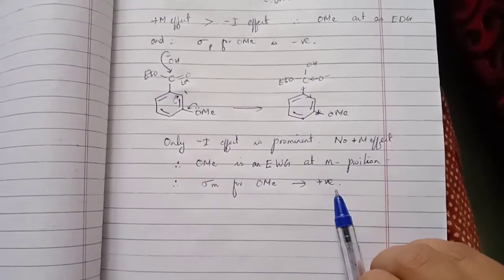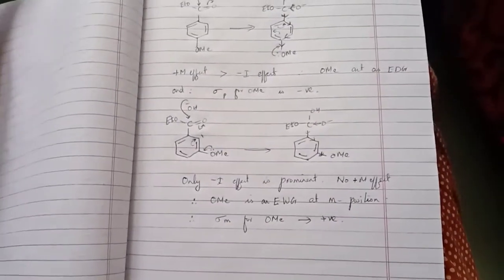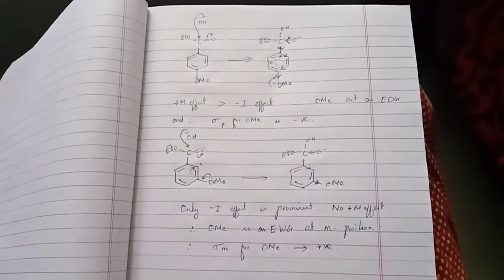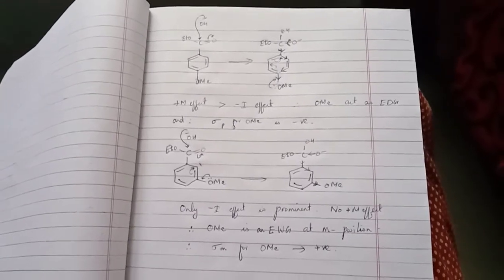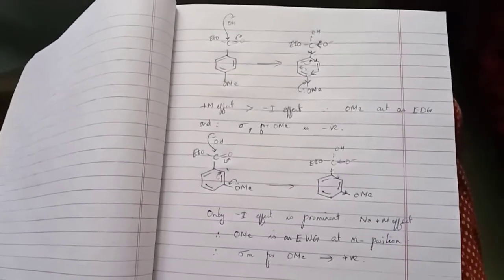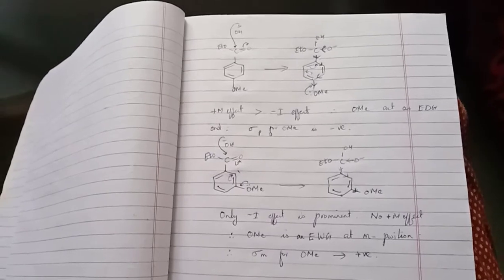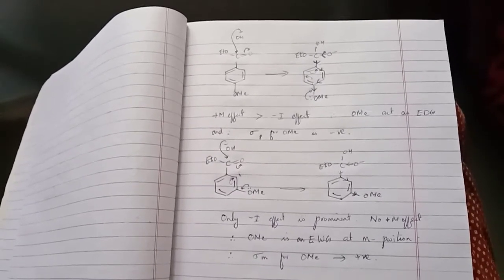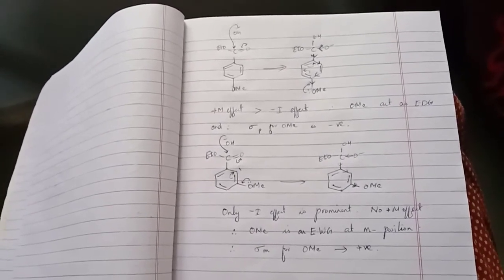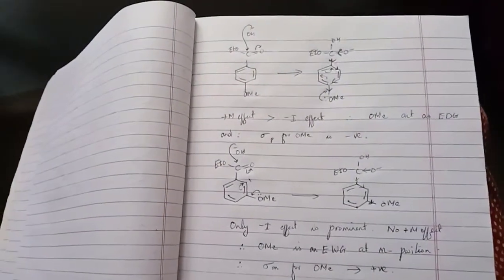So for a substituent like OMe, which is a good pi donor and a sigma acceptor, it will have two different signs for para and meta positions. So this is a special case. You should give special attention to OMe. So this is how negative and positive sigma values come. The substituent which stabilizes the intermediate will have a positive sigma value, which destabilizes the intermediate will have a negative sigma value. So this is the significance of sigma value.